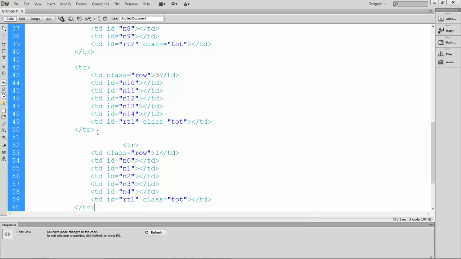So I'm going to still copy and paste here, but I may have to change a few things, as you will see now. Basically, the class is going to now be, instead of row, now the class is going to be dot again, because it's a total. And here again, we're going to type the word total. And then the ID this time is not going to be N, because it's a column total. So just like we had RT for row total, this one will be CT1,